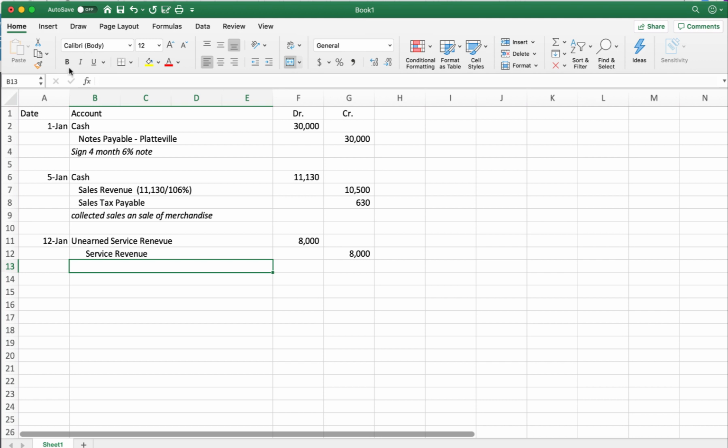What is my explanation here? Well, performed services that were already paid for or previously paid for, whatever. Okay? Please skip a space between your journal entries. Okay, the next one